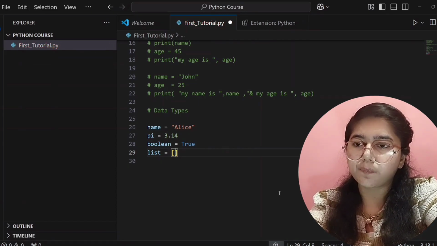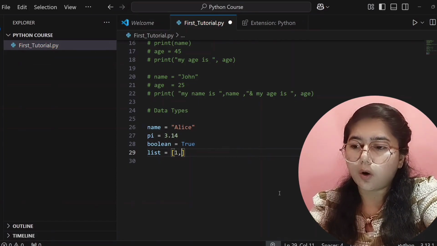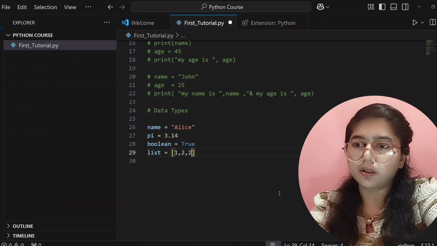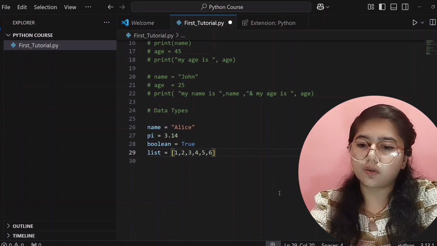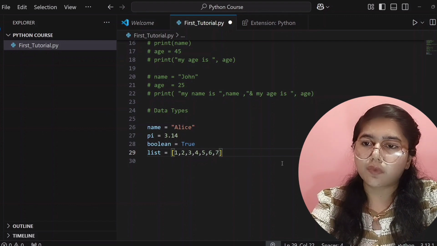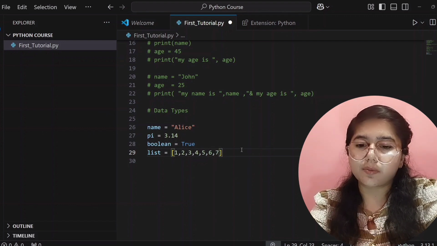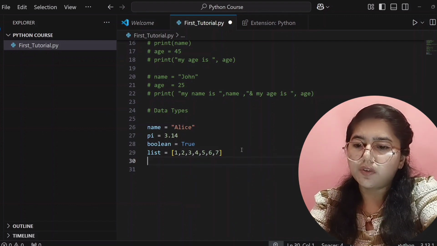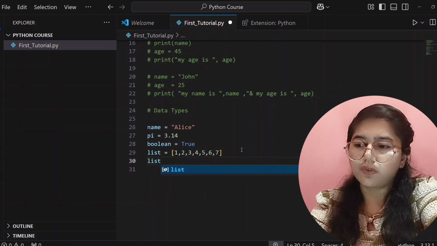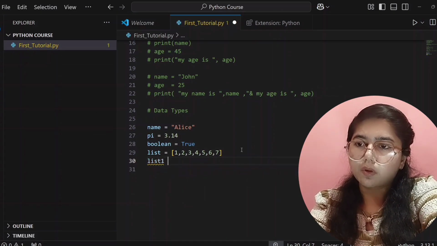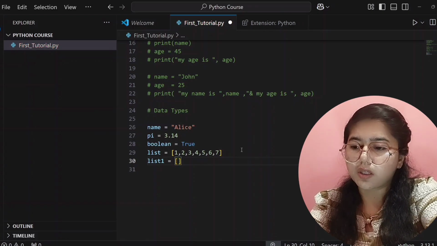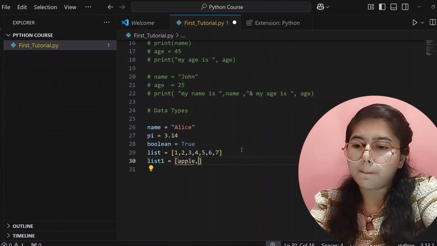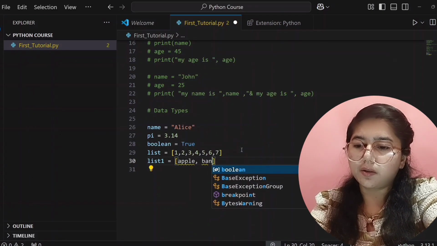Now I'm giving 1, then comma, then 2, then 3, then 4, then 5, 6, and 7. So we have created a list. Here we can give string type of data in this list: apple, banana,